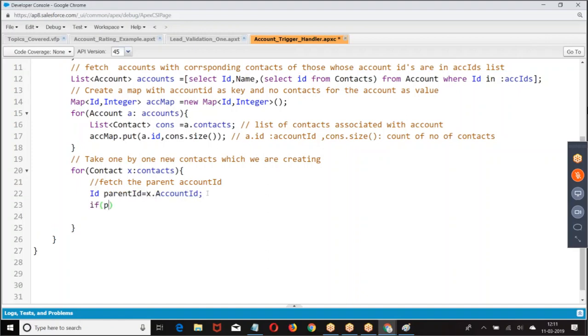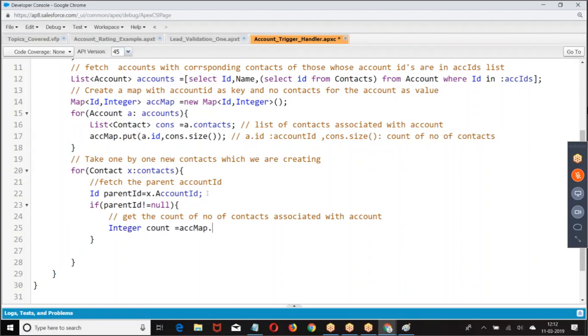Now I'm giving: if parentId is not equal to null, if the contact has an account, then what you are supposed to do? Get the count of the number of contacts associated. How do you do that? Integer count equal to accMap.get(parentId).